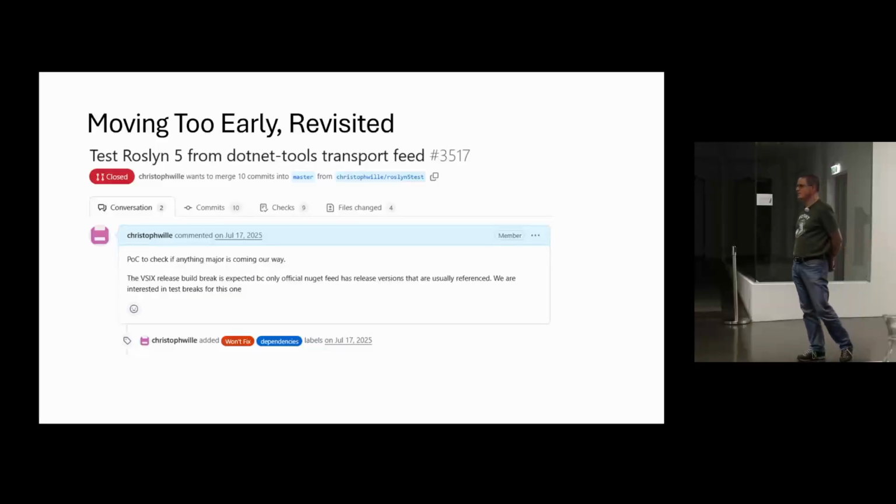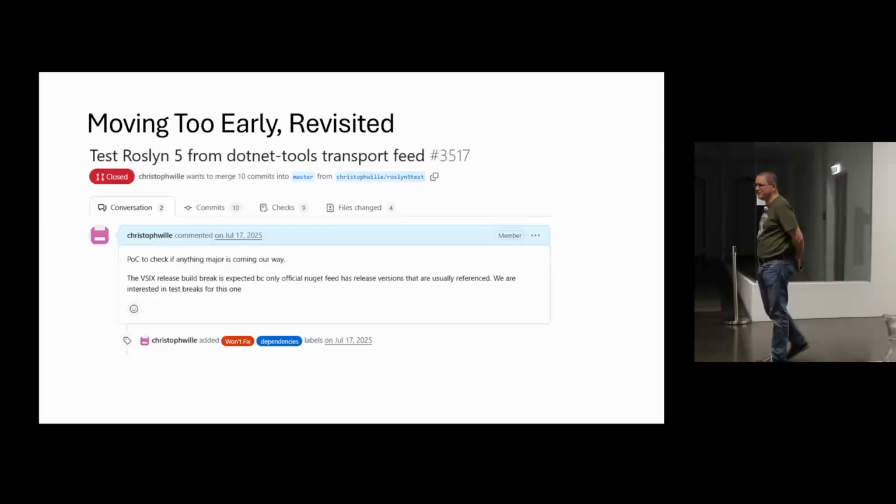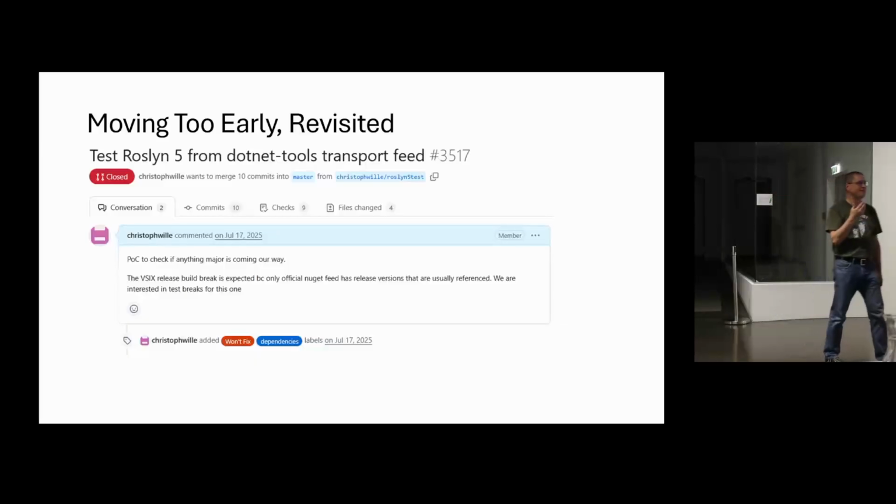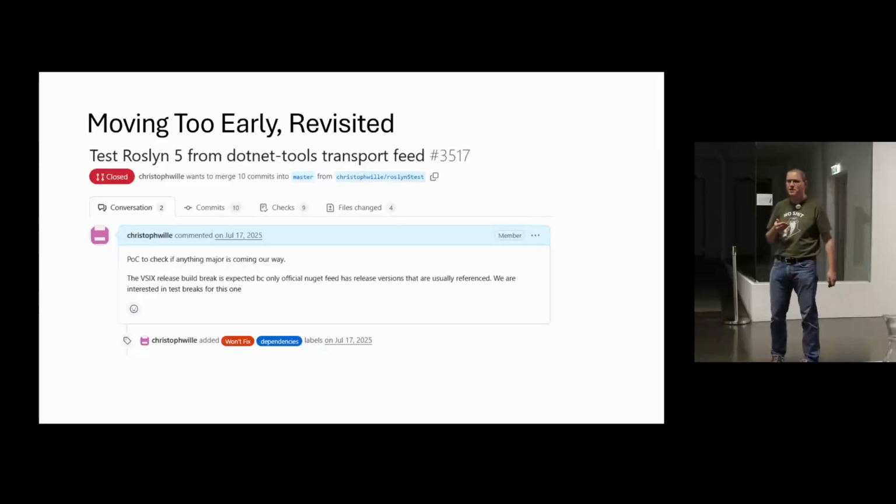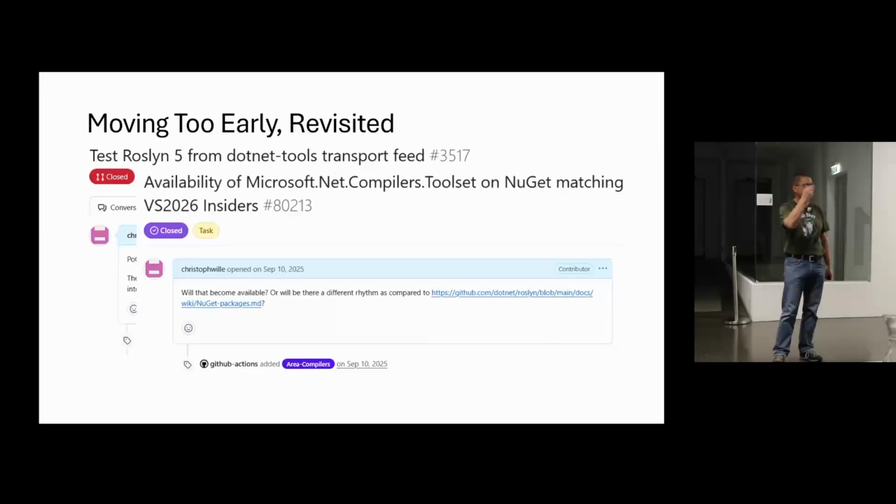We obviously started last summer with the Roslyn 5 and C# 14. But Microsoft had decided to only have it on the transport feed. So actually, we were able to use it in .NET Lab, which is going to be demoed by Sigi next. But the NuGet packages were missing for us. And because there were collisions between the public NuGet feed, which we needed for other parts of our builds, we couldn't actually move to that stuff. So that was kind of interesting limbo for a couple of months before we actually could go and add that